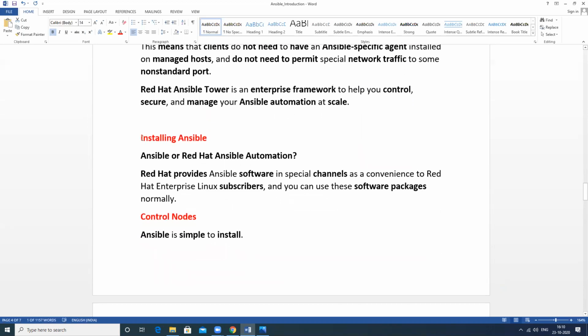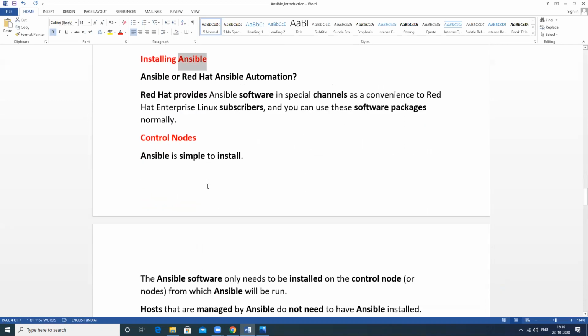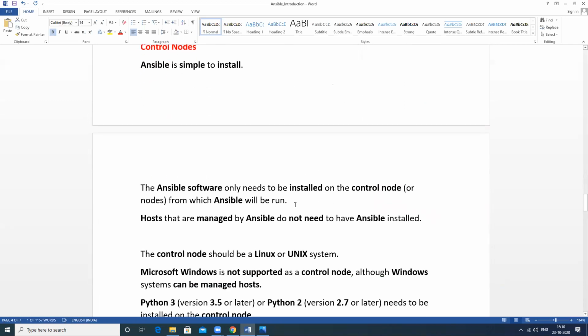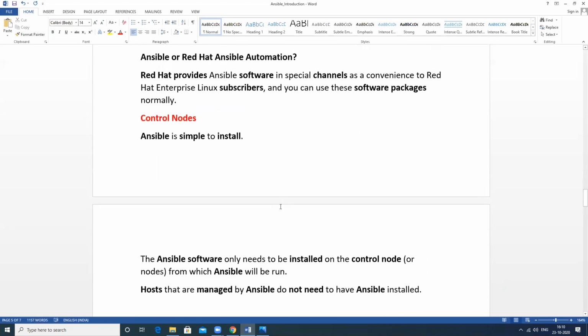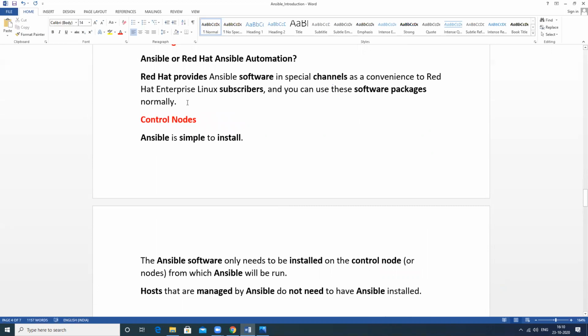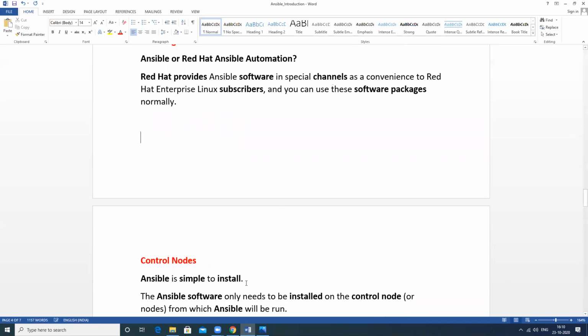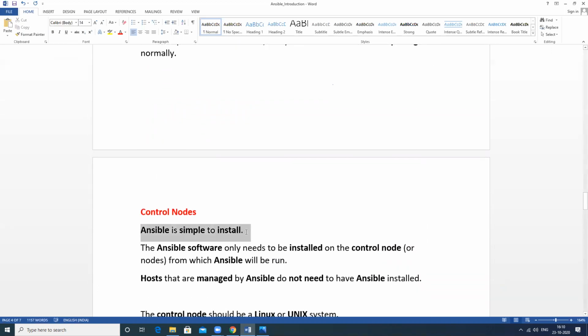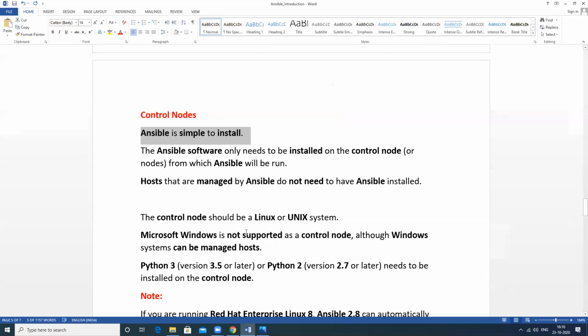We should have the package installed on the control node machine. If we have a Red Hat machine, we should have the subscription. When we subscribe, we can use this. On the control node machine, we should have the Ansible package installed.